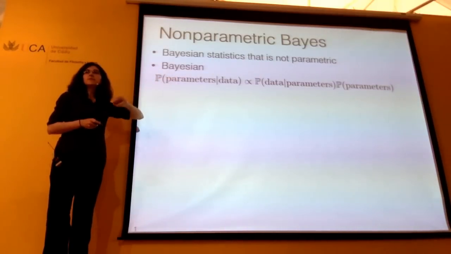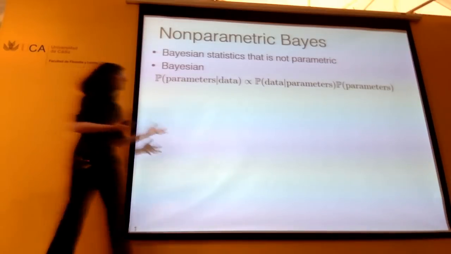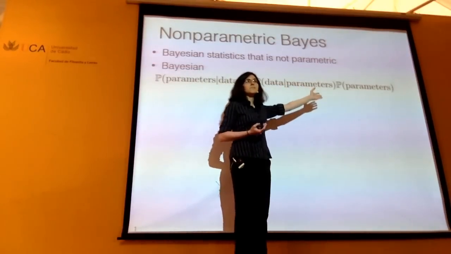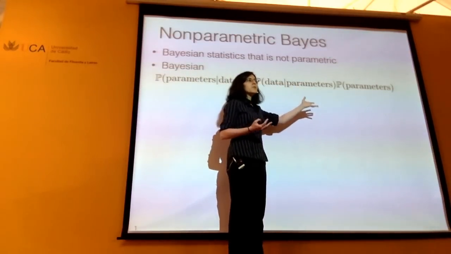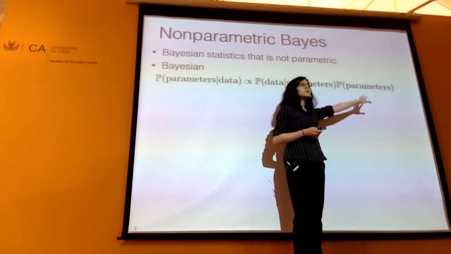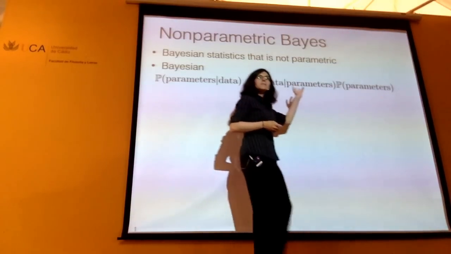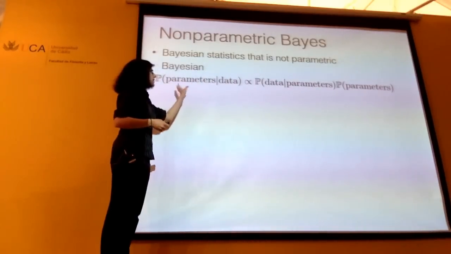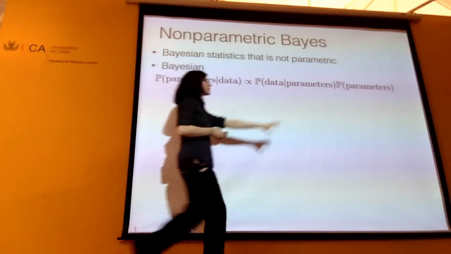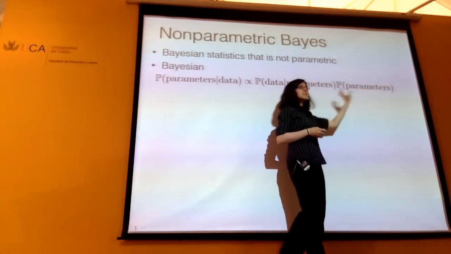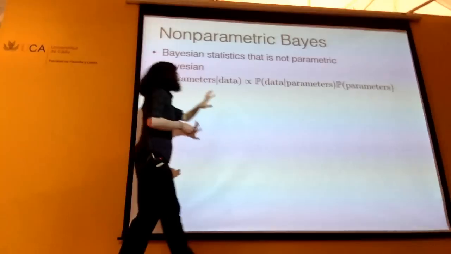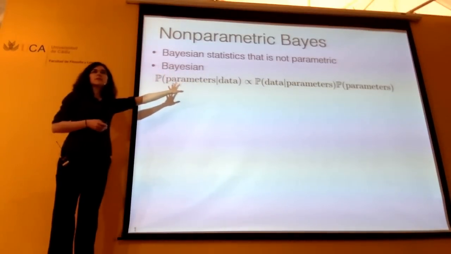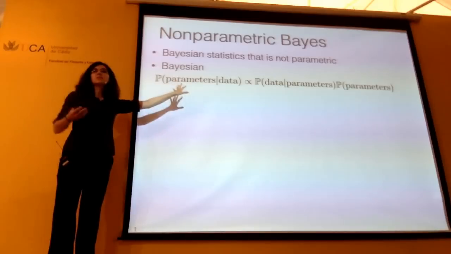And so what I mean by Bayesian statistics is that we're going to have some model for our data, and it's going to depend on some parameters. Since we don't know those parameters, we're going to put a prior distribution over those parameters. And then we're going to use Bayes' theorem in the end to get out a posterior of the parameters now that we've seen the data. So this is our belief going into the experiment. This is when we collect the data from the experiment. This is our belief at the end of the experiment about the unknown parameters. These are the things that we're trying to learn about.